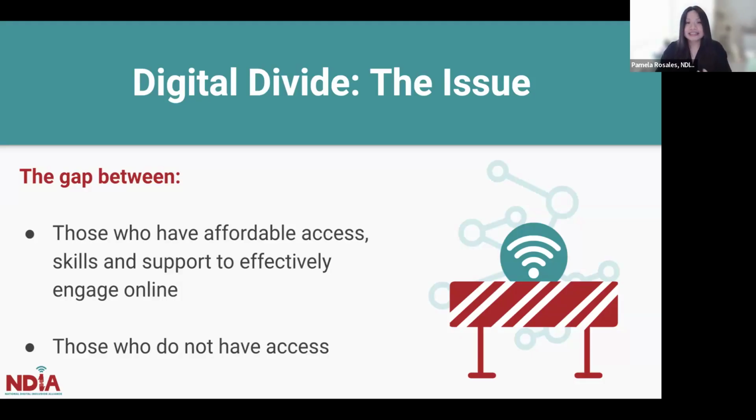The digital divide has existed since the beginning of the internet, but the pandemic really brought massive awareness to how crucial it is to have access to affordable high-speed internet and to participate in various aspects of life, right? The importance that internet brings into our daily lives. And the pandemic also exposed the stark reality that many communities don't have access to the internet, they don't have access to digital skills or support to engage effectively online in the way that they want to.